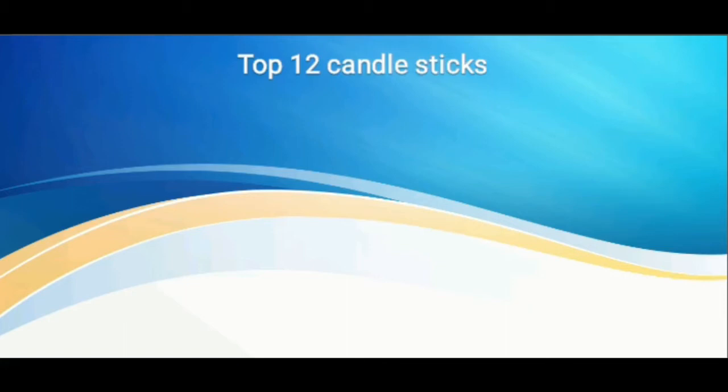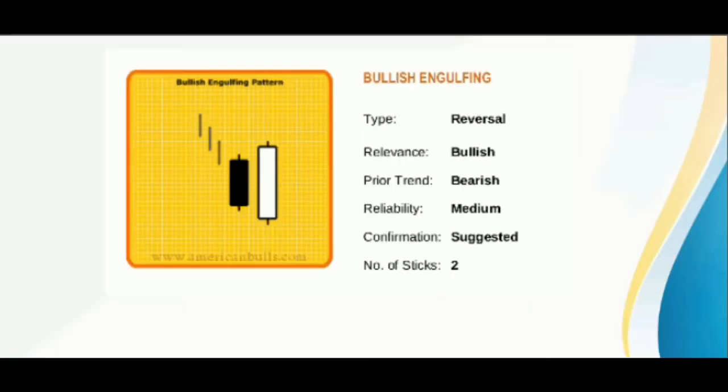So let's see. First is bullish engulfing. This is a type of reversal. While the market sentiment is bearish, we see some subsided selling reflected by the short black real body of the first day. The next day shows bull strength with a closing price at or above the previous day's open. It means that the downtrend is now losing momentum and the bulls have started to take the lead.